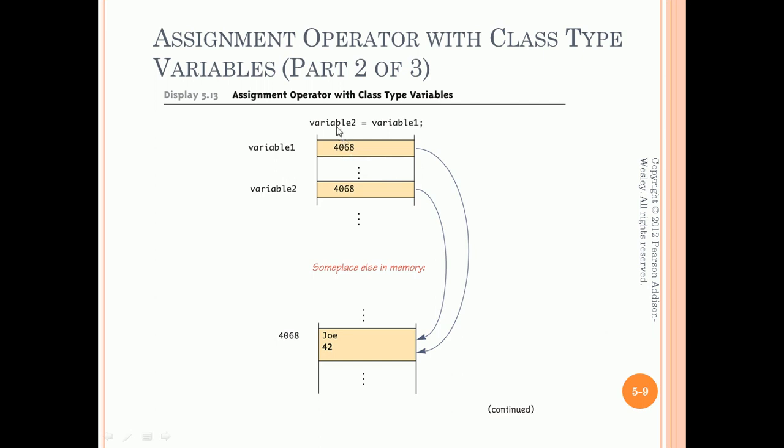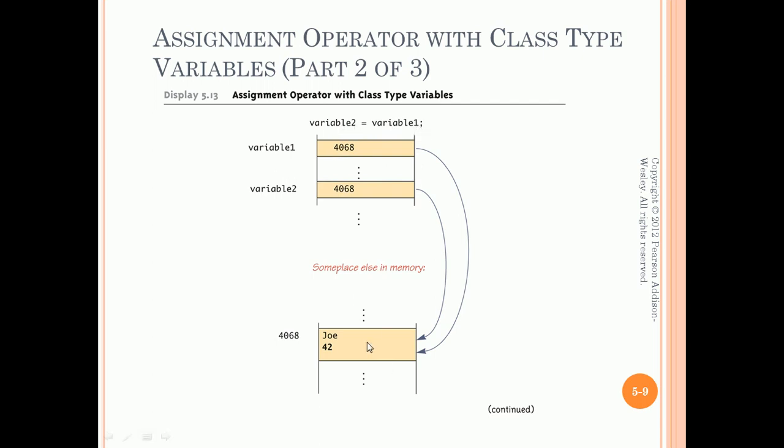Now if I write this statement, variable 2 is equal to variable 1, what happens? You must now understand that the object name contains the address. So when you write this statement, this is a copy statement, a one-to-one copy, so the addresses will get copied. An important point here is that object variable 1 contains the address, so variable 2 will also contain the address. It's a copy command, so both will now point to the same object. So when you equate two objects, the addresses are copied and they both start pointing to the same object.